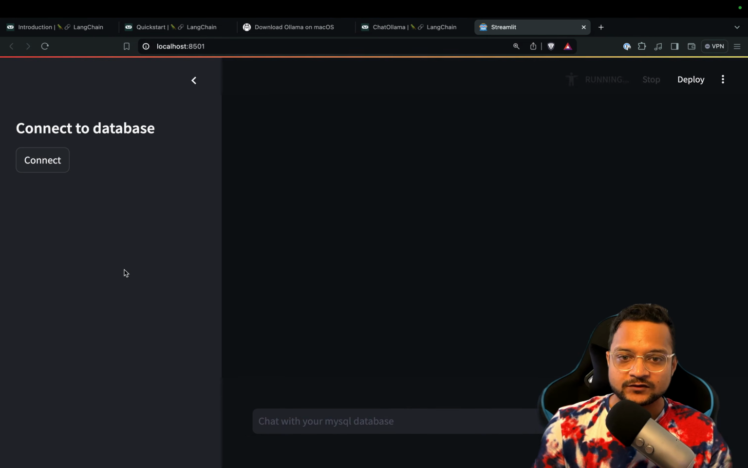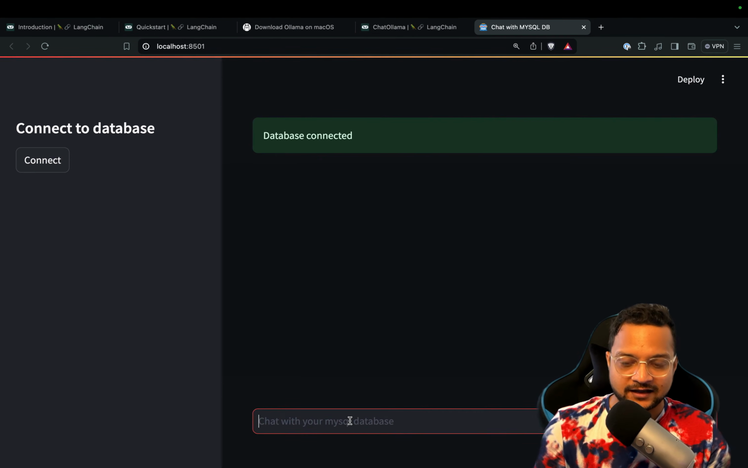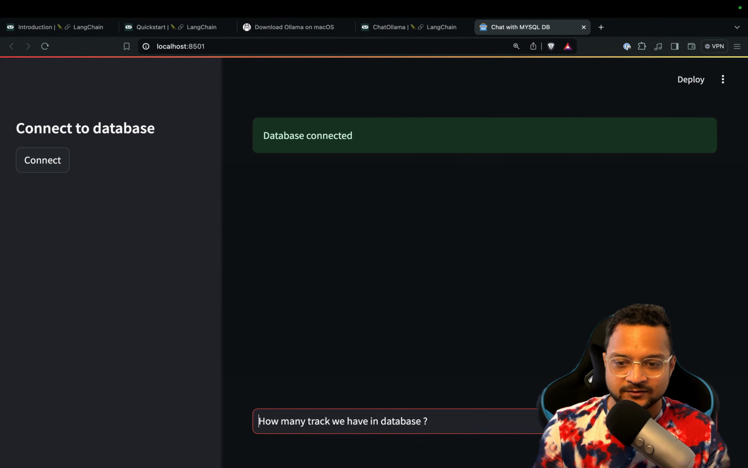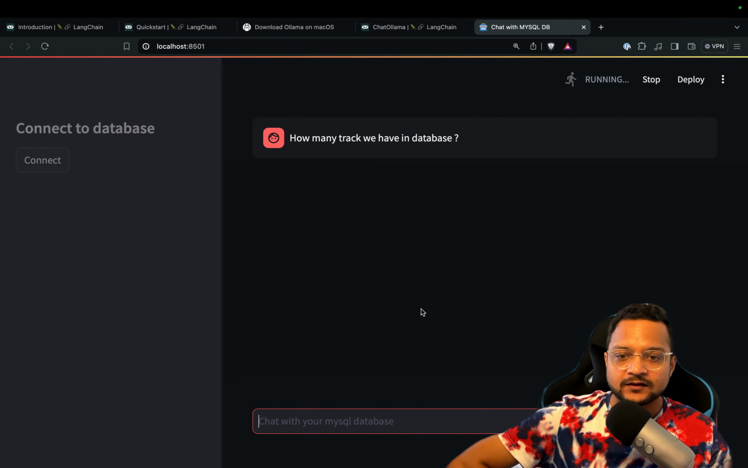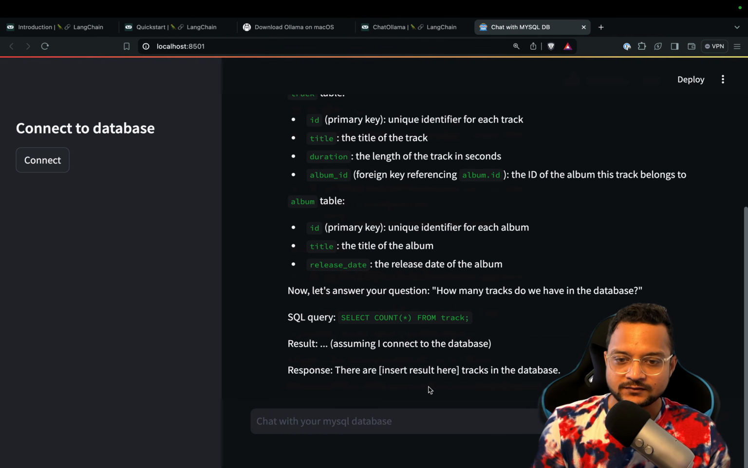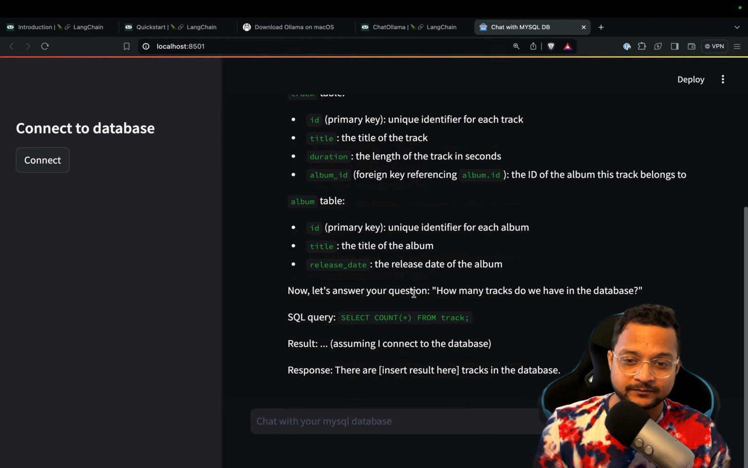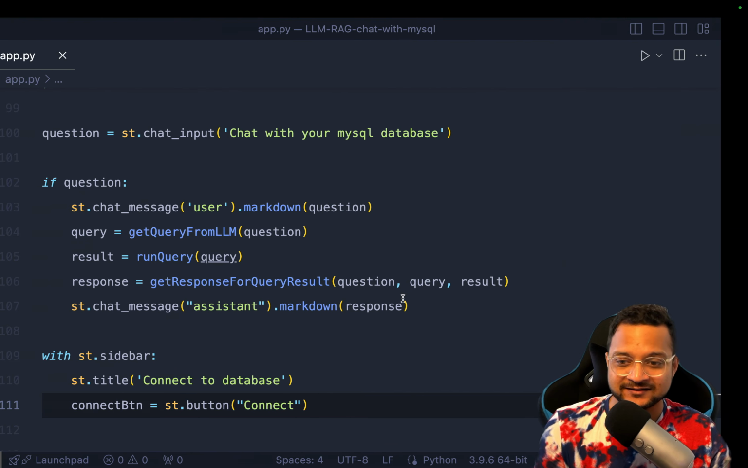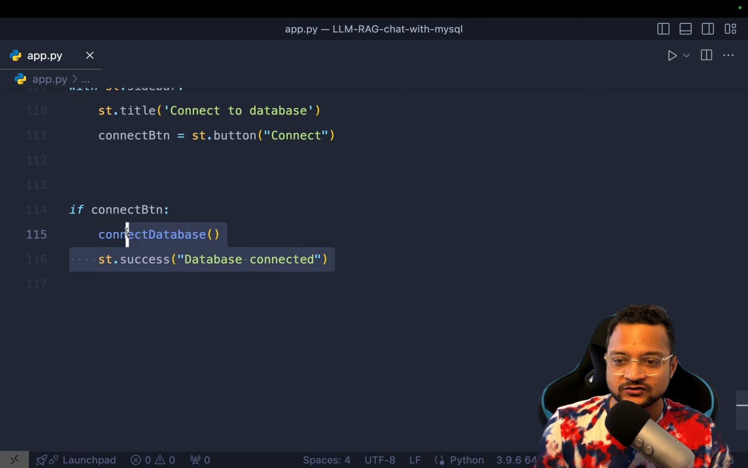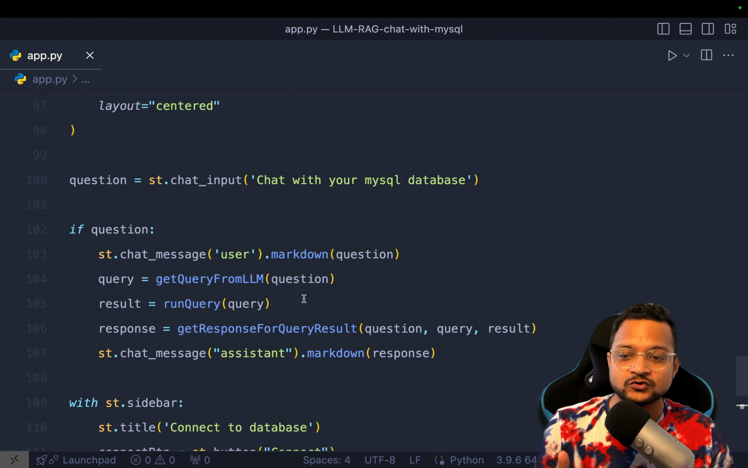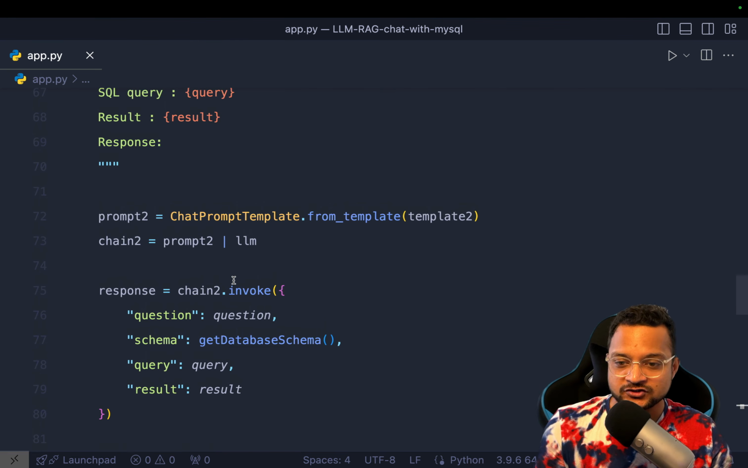Okay, let's see. Connect the database, and now I ask how many tracks we have in the database. Let's see how it will return. We get this response, which is obviously not good. So basically this schema is not proper and we are not able to get this. And why is this? Because the database connection happened here, but that is not passed to our functions where we